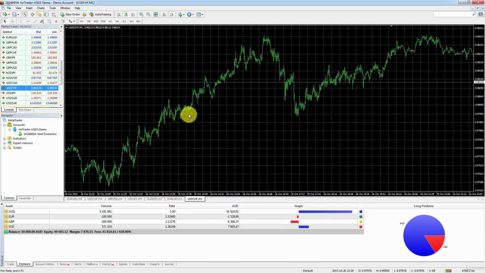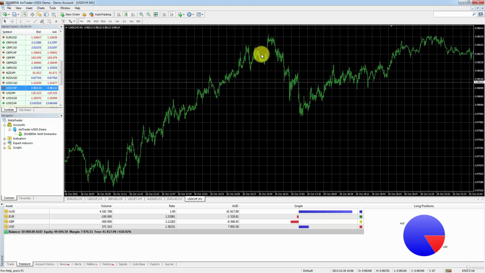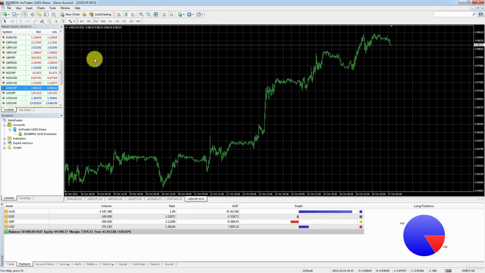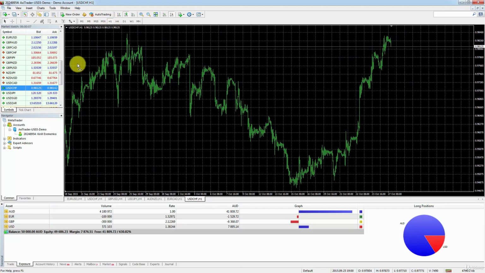Now, for some trading strategies, you might need that much detail. For some, you might not. There's a lot of noise in this movement, and it does take up a lot of space on your chart. So sometimes traders trade M5, sometimes M15, M30, H1. Also, you can go up. Instead of going down, you can look at what happened on a larger scale. So if I zoom back in,